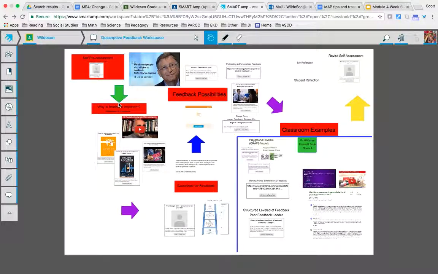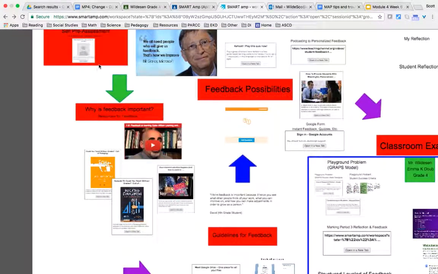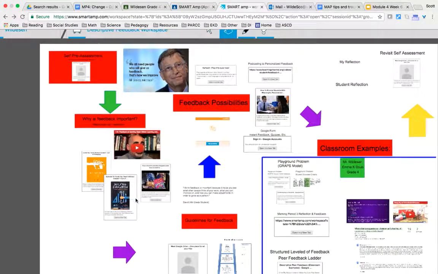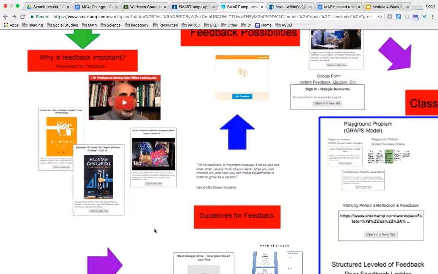All right, so in our workspace here, we can see that I've included, like I said, the self pre-assessment, and then we have why feedback is important. I think this gives you a lot of resources to think about as you approach feedback and give students opportunities for different styles of assessment. I included a podcast conversation